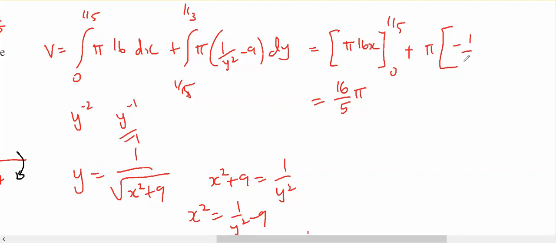So minus 1 on y minus 9y from 1/5 to 1/3. So plus pi,